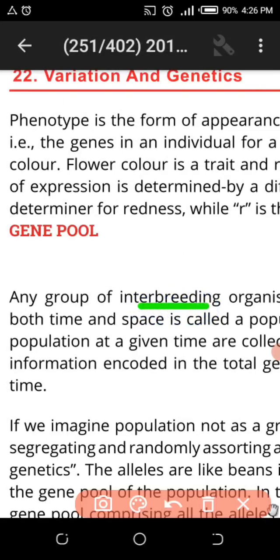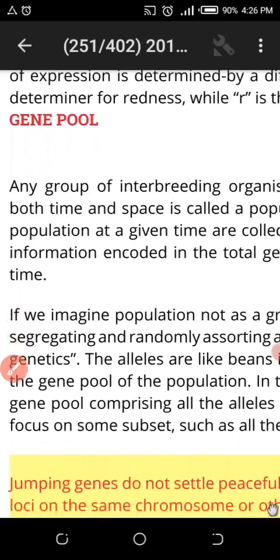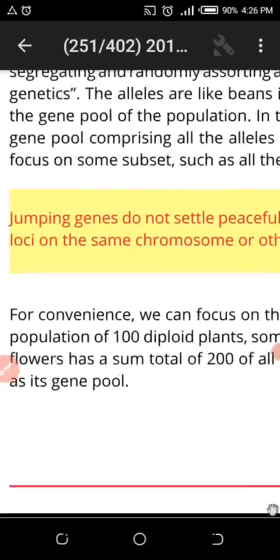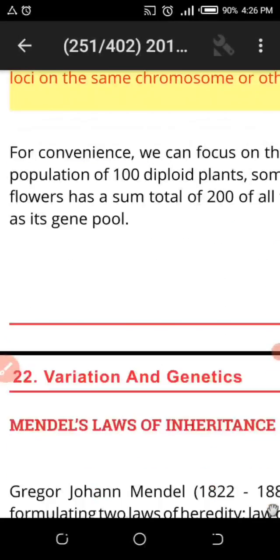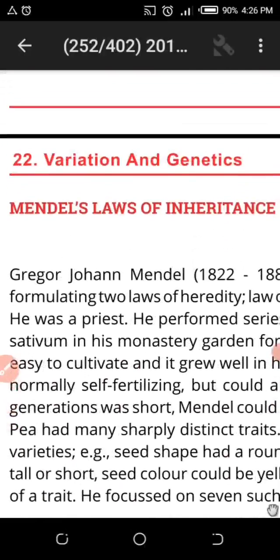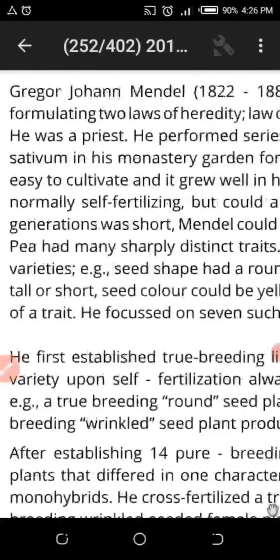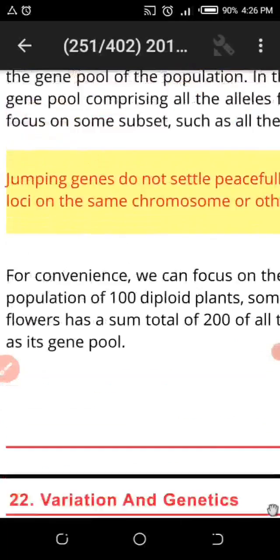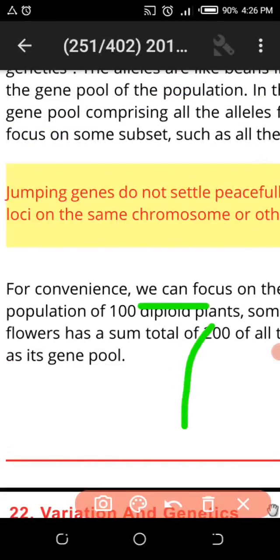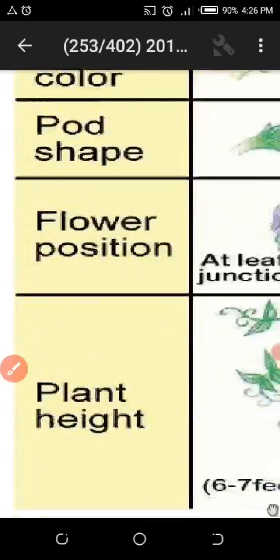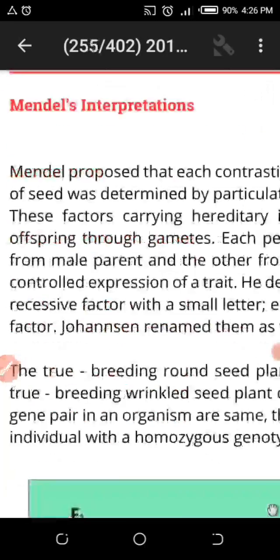We talk about the gene pools. If you are talking about the gene pool, I will discuss one by one: the law of segregation and the law of independent assortment. The law of independent assortment tells that when gene pairs come from the parents to the offspring, they are not bound with the other pair of genes. For example, if you take two pairs of genes simultaneously, I will show you the crossing in which